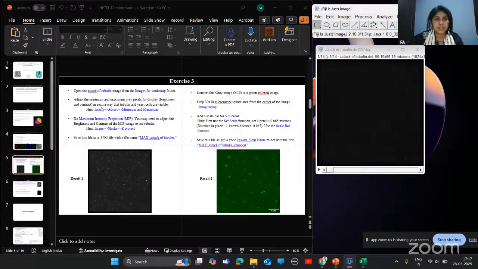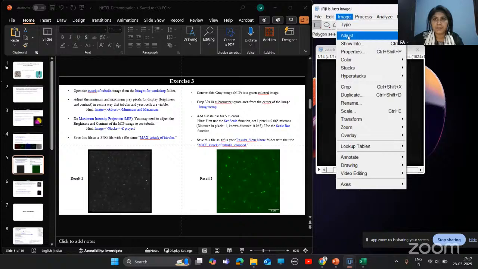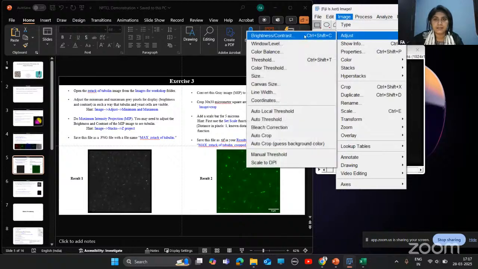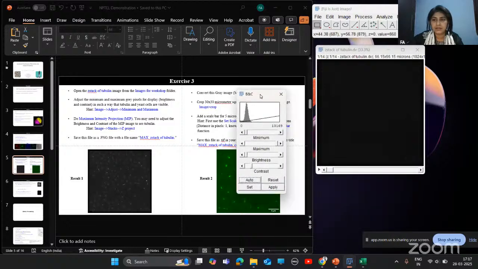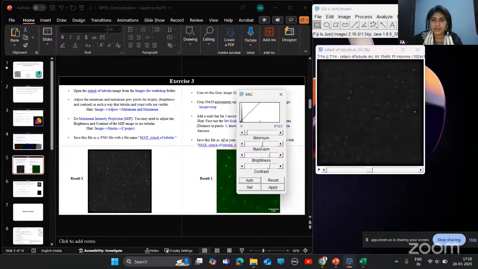To adjust brightness and contrast, you need to go to Image, Adjust, Brightness and Contrast. Before that, we'll put this scroll bar to the seventh image so that you can see these structures slightly, and here we'll adjust its brightness and contrast.